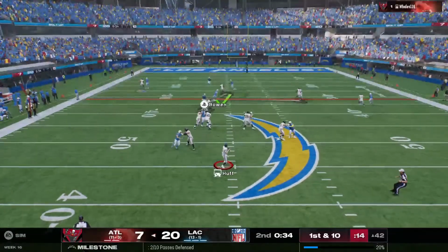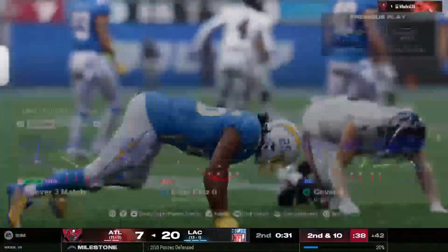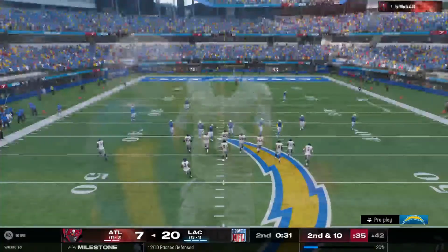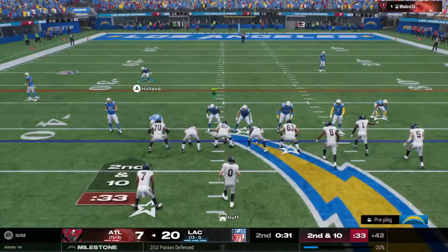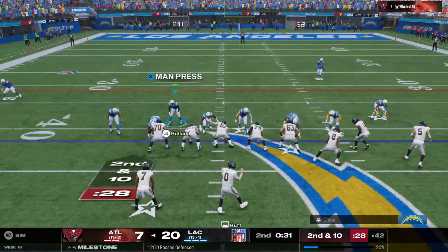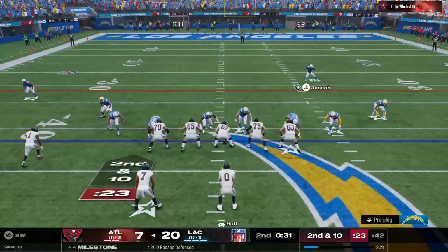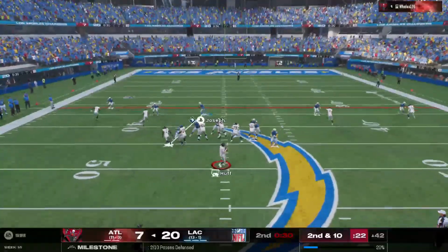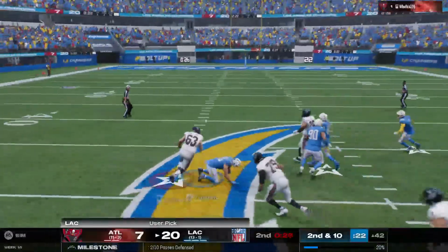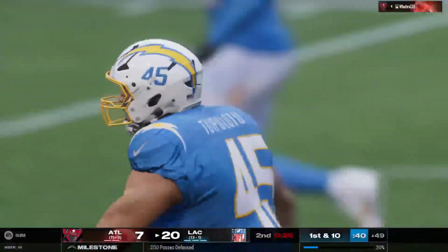Blitz coming. He'll throw it. And that is incomplete. Drake London was the intended receiver there. And that will lead to a 2nd down. They'll look to throw again. That one intercepted. And his offense is going to be all set up with a short field and a chance